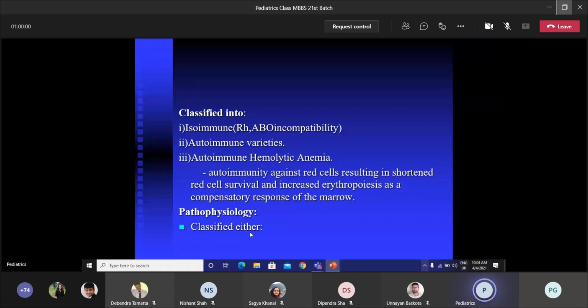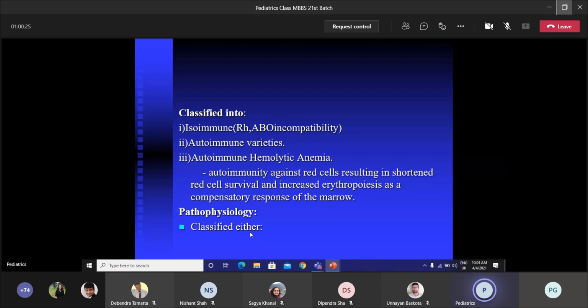Now we'll discuss autoimmune hemolytic anemia. It is autoimmunity against the red blood cell, resulting in shortened red cell survival and increased erythropoiesis as a compensatory response of the marrow. So in autoimmune hemolytic anemia, basically the red blood cell destruction occurs,